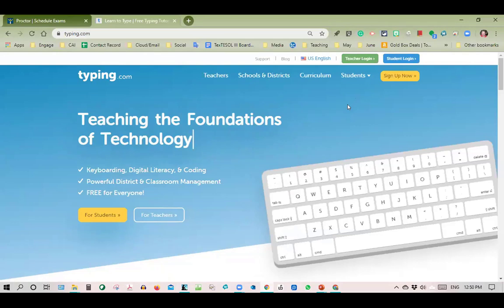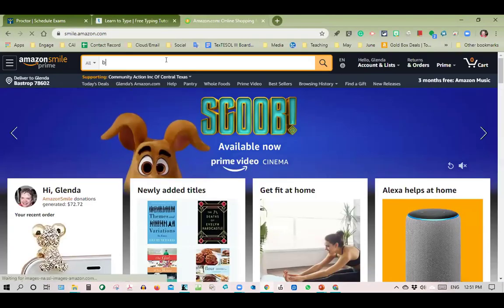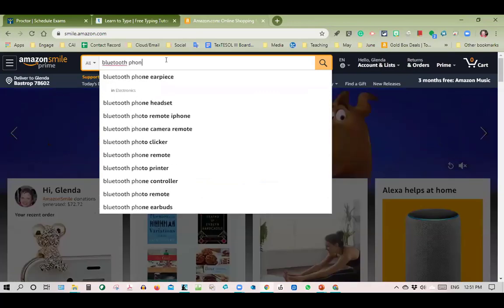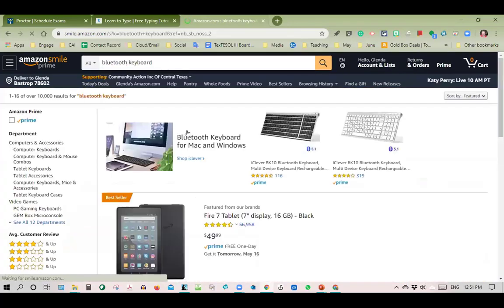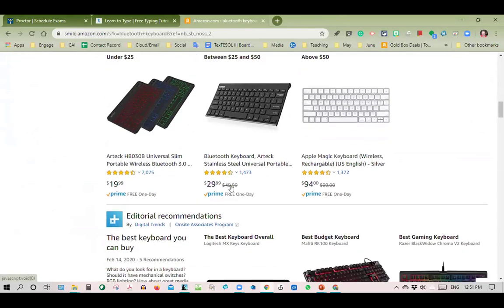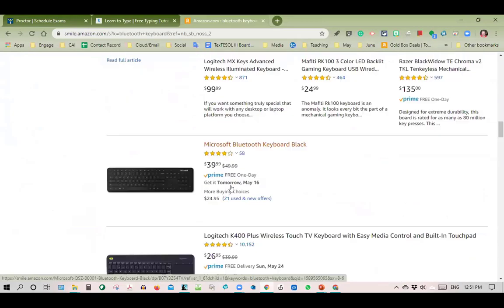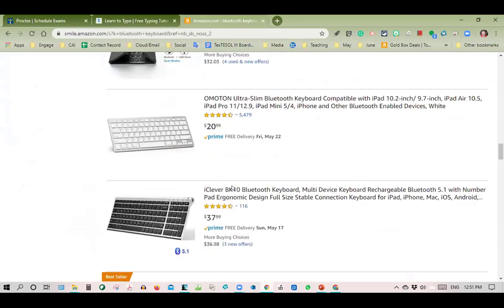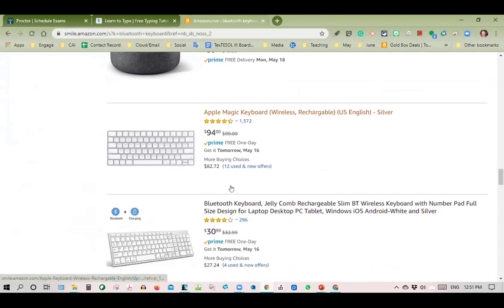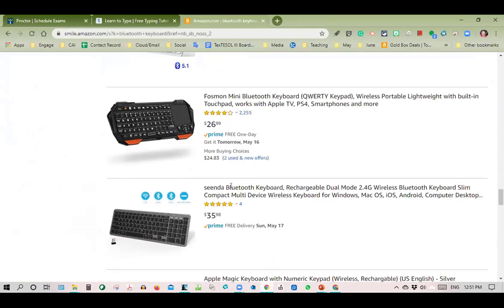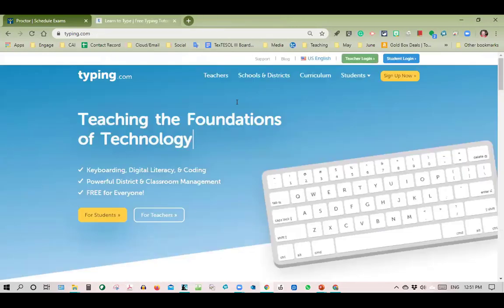Now, some of them didn't have laptops in the beginning, so you may question how I assigned homework for them to practice typing at home. Well, you can buy a little Bluetooth keyboard that'll work with your phone for about $10. They're not really expensive. I actually got mine from the Five Below store, while the store was still open. You can find them for $5 to $10, and then we bought them and let them take them home to practice. But there's a bunch of them, and you can find them cheaper. That way, they could go onto the typing.com website and use their phone and still practice the typing activities.